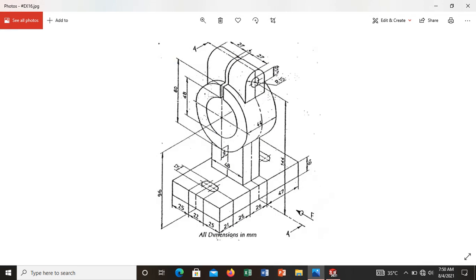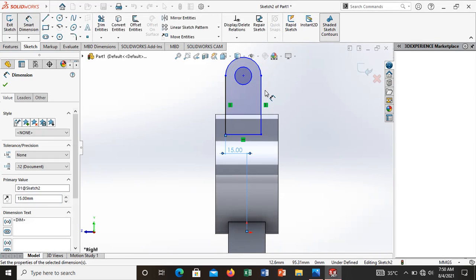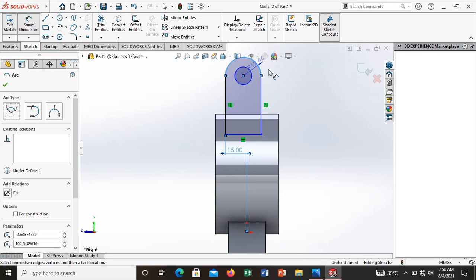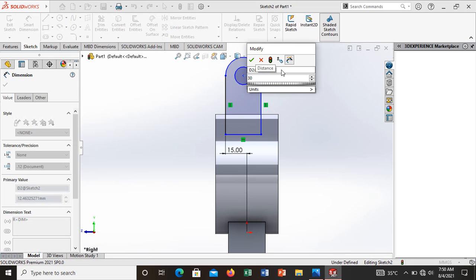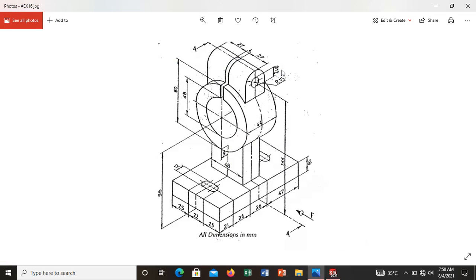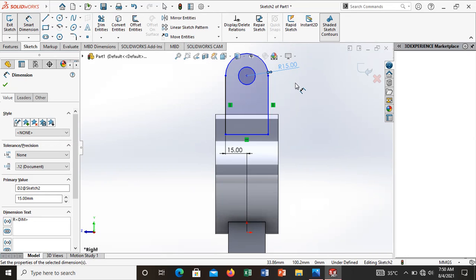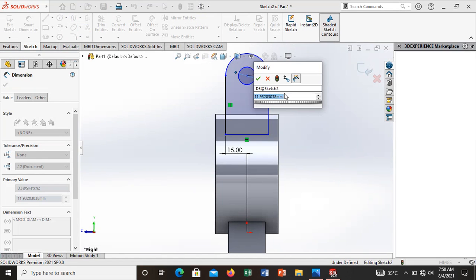What will be the dimension of the profile? The radius is 15, so it could be 30. So give 15 mm and make the dimension 30. Sorry, radius is 15. Fine. Okay, it is exactly placed, and make the dimension of the small circle as they have given, 12. Make it 12 mm.